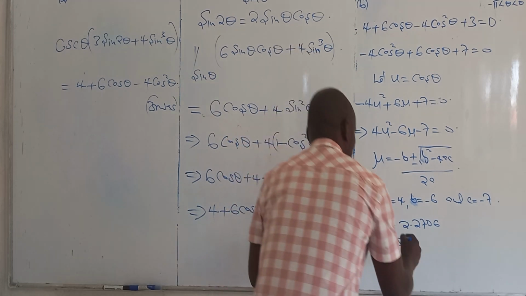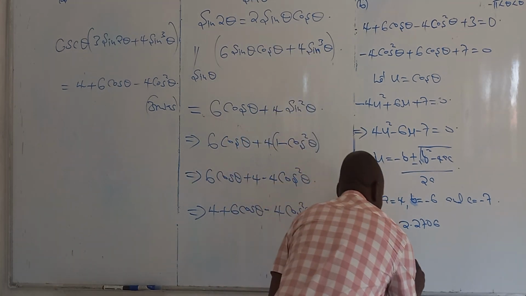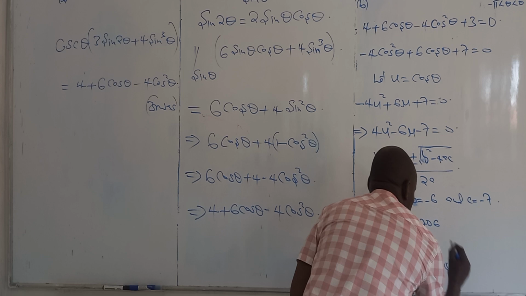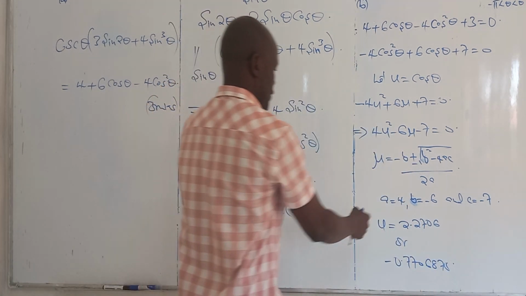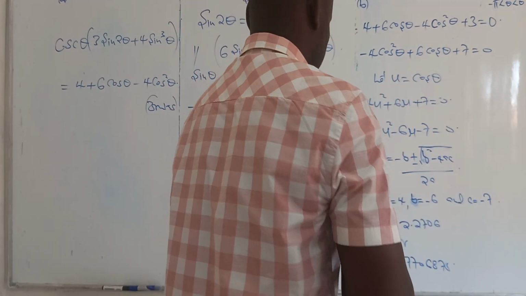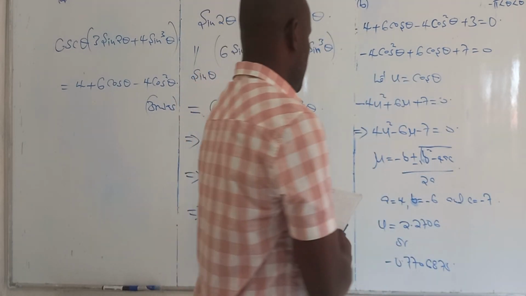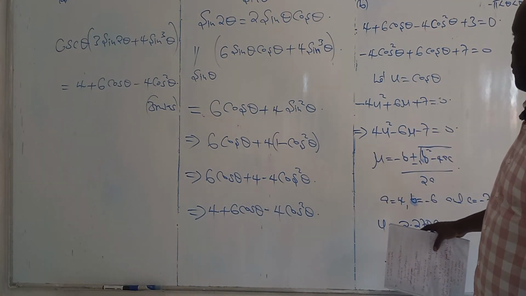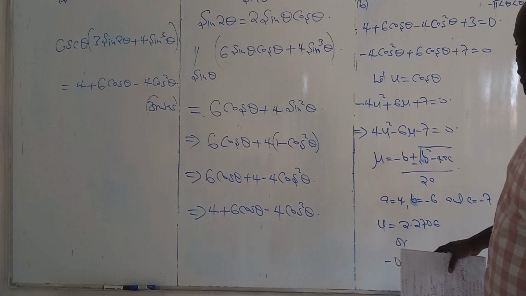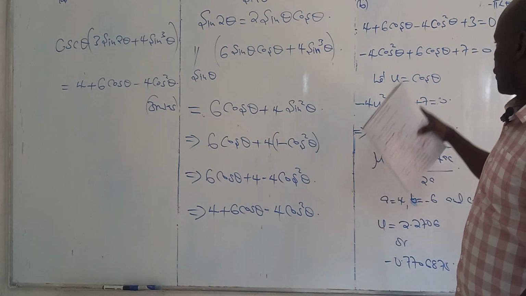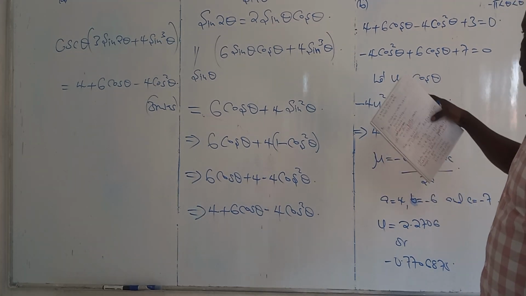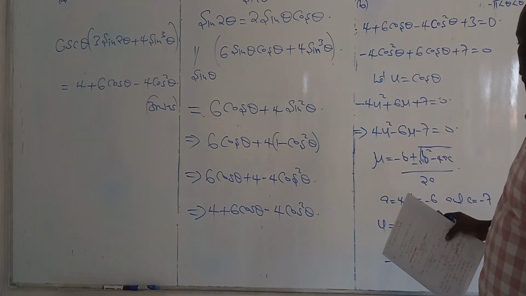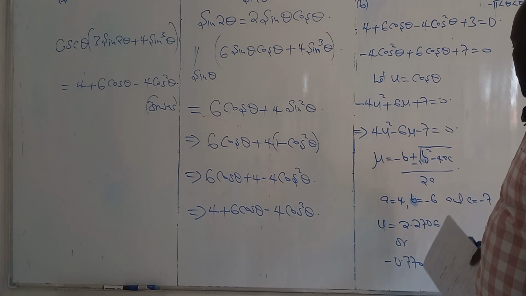The other value is negative 0.7706875. So these are the values you are going to get. But we need to note that since we have these two values, and we know that the domain of the inverse cosine, because realize that u is equal to cos theta, for us to get u, we are going to get the cos inverse of theta. So we need to note that we have two values, 2.2706, then